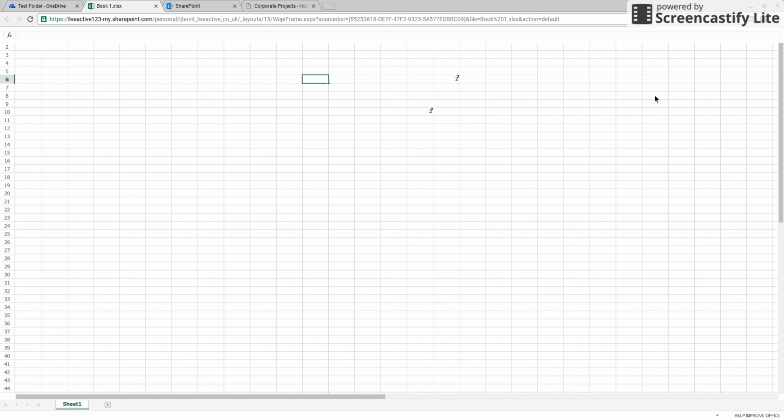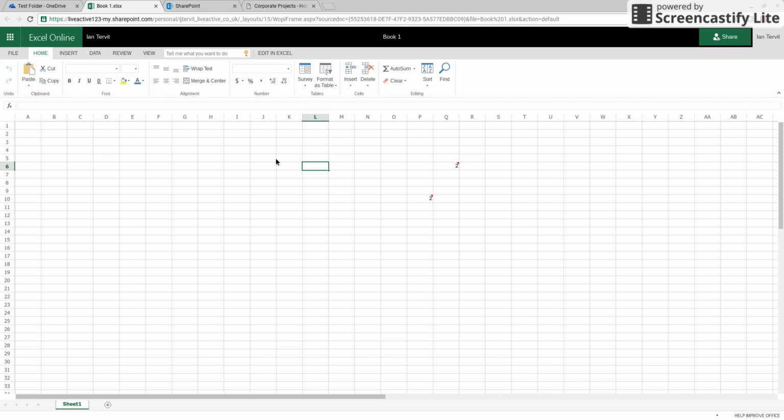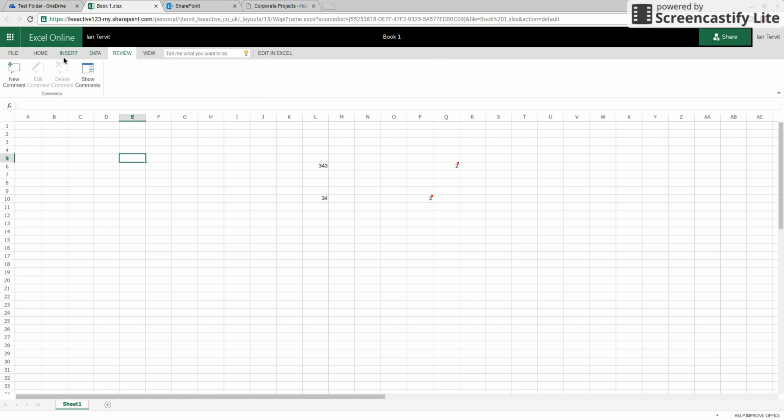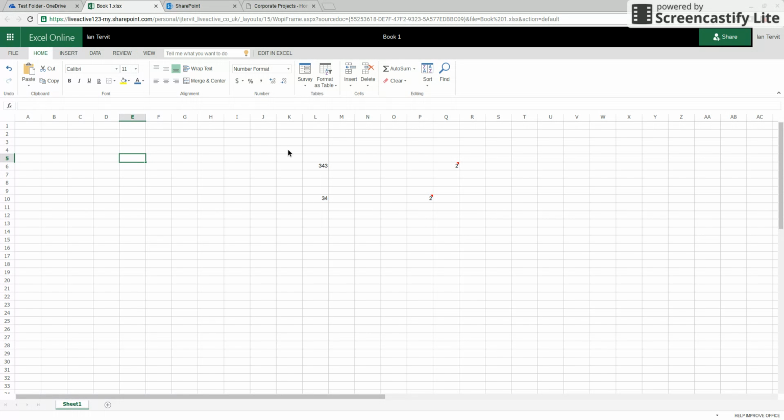So if we click on that, it opens the document and you're able to edit it online. Now we can add numbers and text into these boxes, so we can make those changes as well, and we've got the same functions that we're used to seeing here. Not quite as much as the downloadable version of Office, but still very, very usable. We can change the name of the document simply by clicking on the heading there,